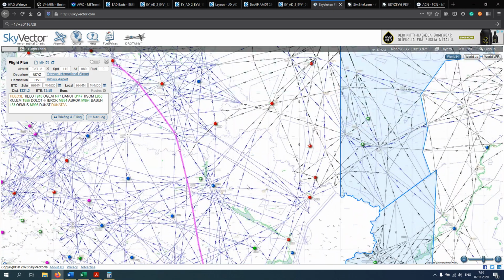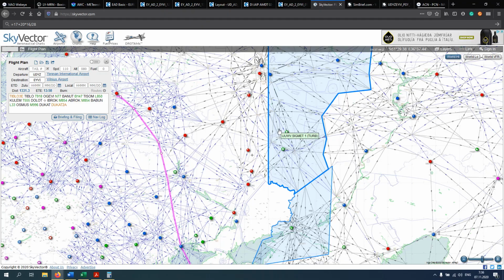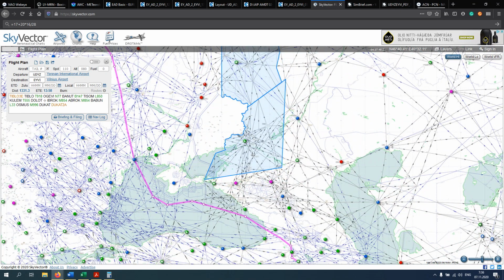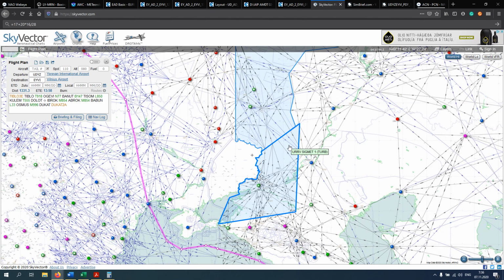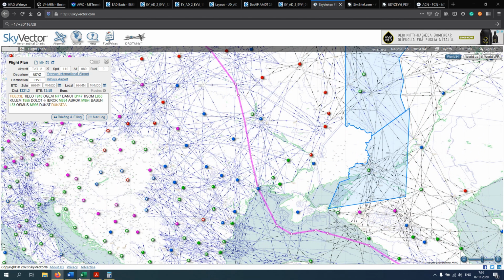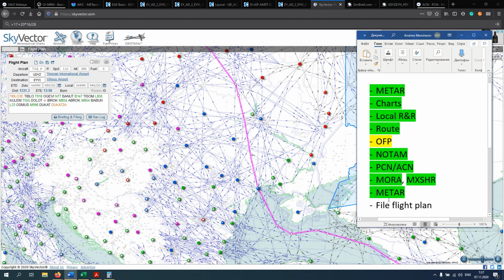So you have to consider it, because probably you will have to change your flight level when you enter such area there. Oh yeah, by the way, you can see another reason why it's better to fly on the south here rather on the north, because here we have some turbulence segments, even it's not a big one. So okay, we can approve our flight plan. There is no correction needed there,